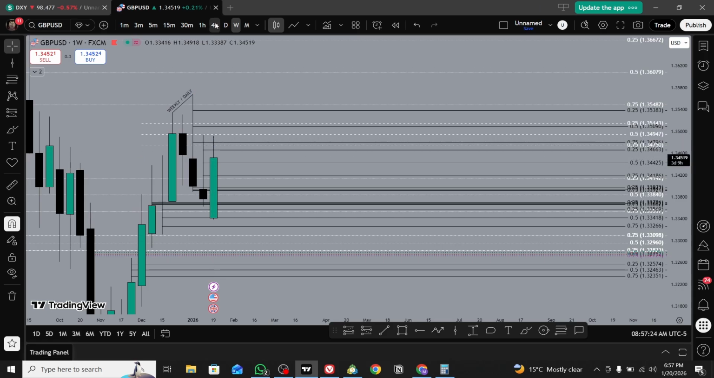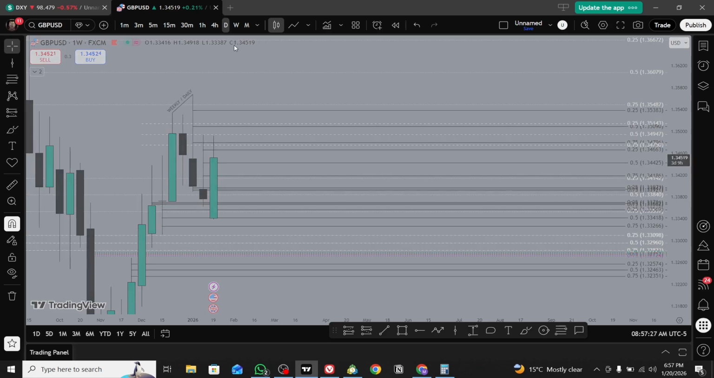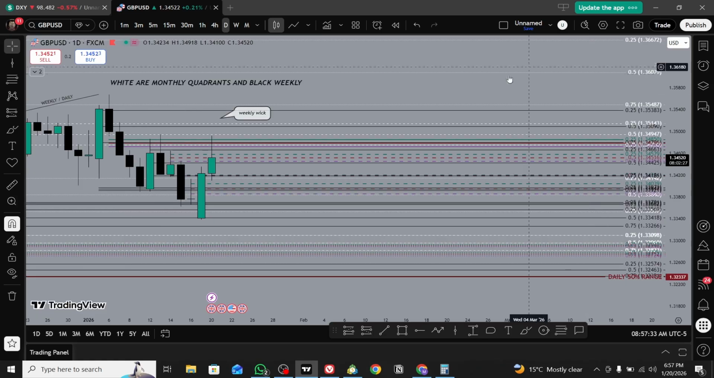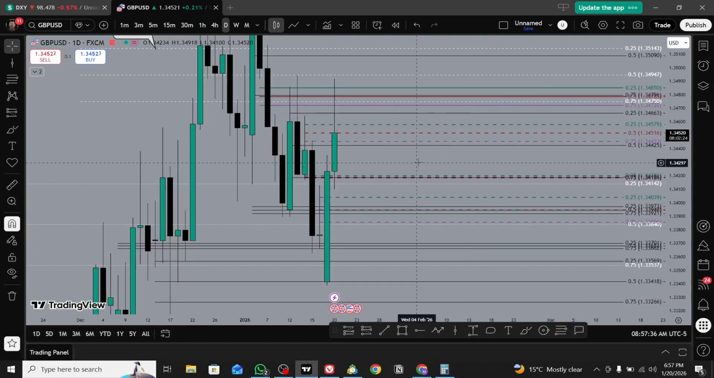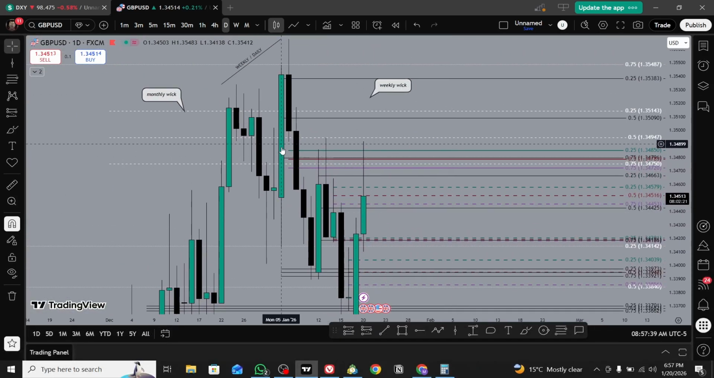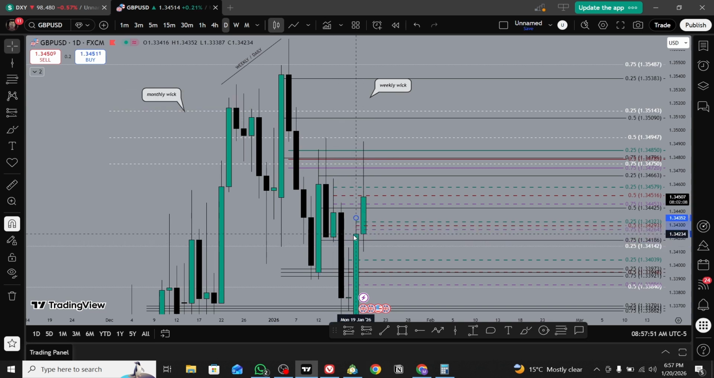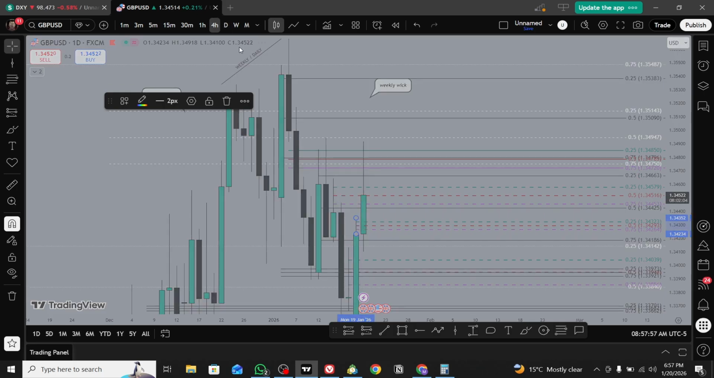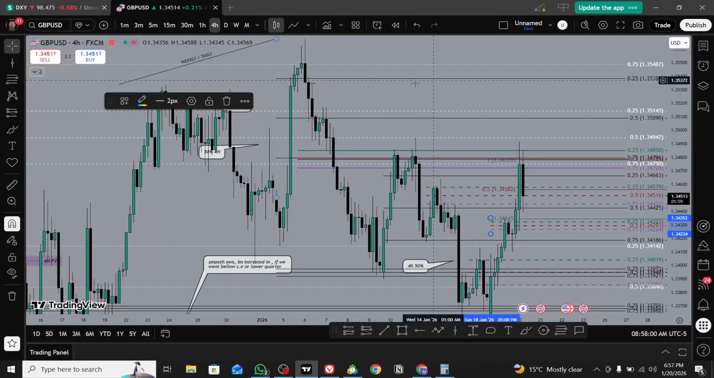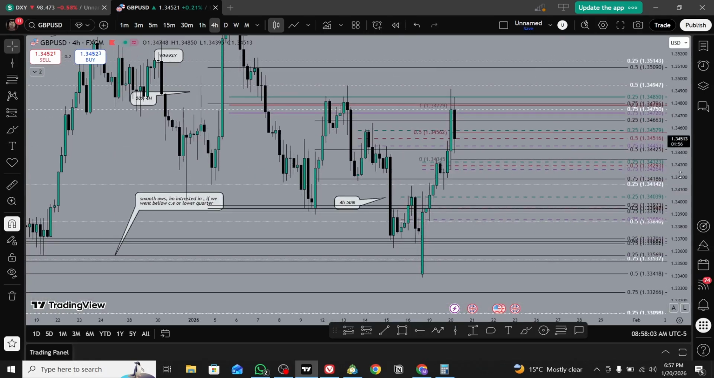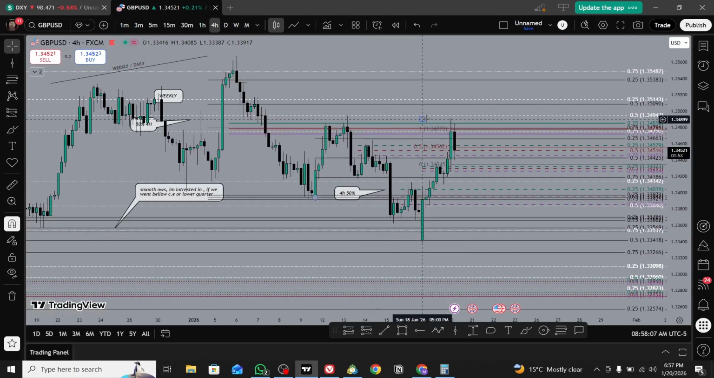Okay, and on the daily, let's see the daily chart. I think it's a bit laggy right now. We traded into this IFVG and we went below. We are right now in the 50% of this week's quarters. Let's see the 4-hour chart. On the 4-hour chart, we are in premium. We haven't taken this high, and